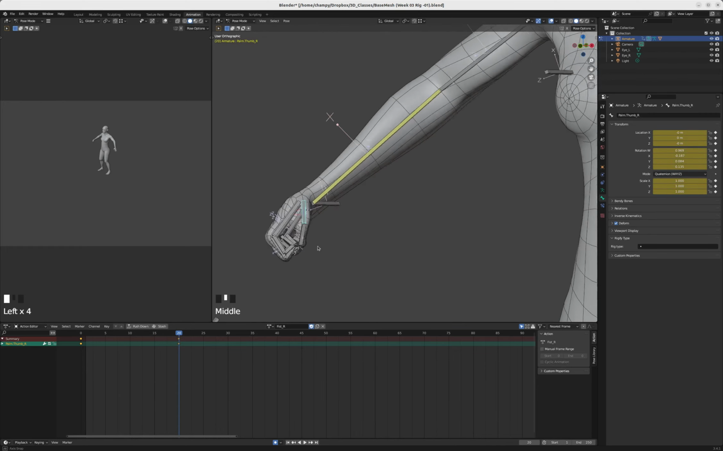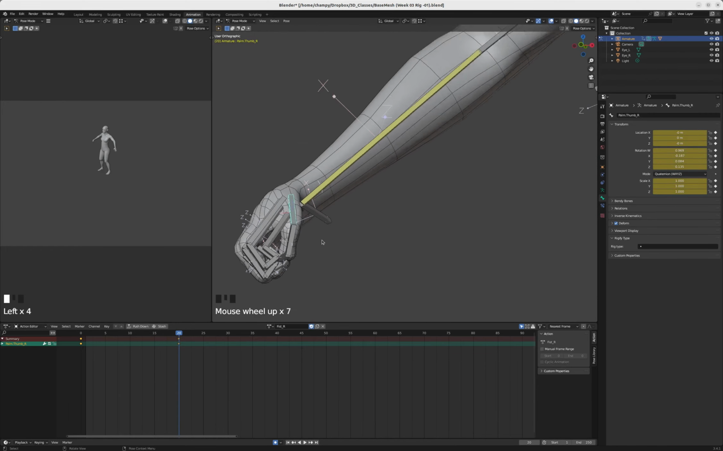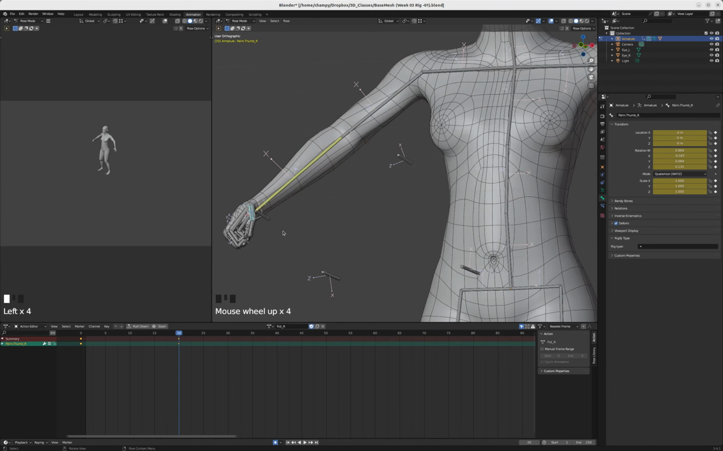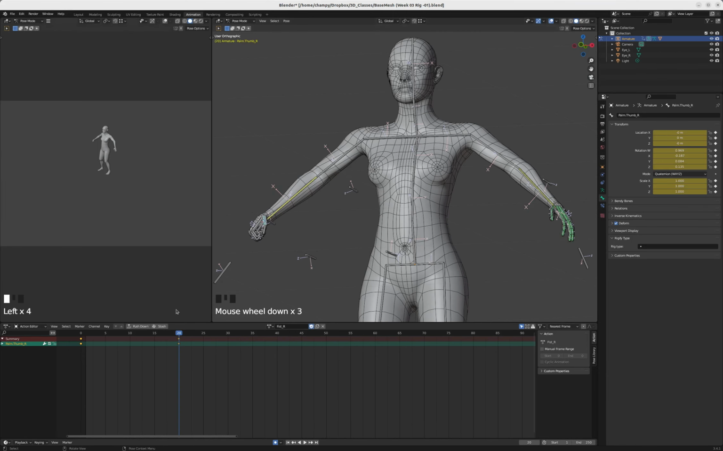Fist R, that looks better. Okay, so it was those bone rolls that if you mess up those symmetry options, that symmetrical naming, it can have a ripple effect there. So that's what was happening there. But now we've got frame 0 and frame 20 are the same. So let's